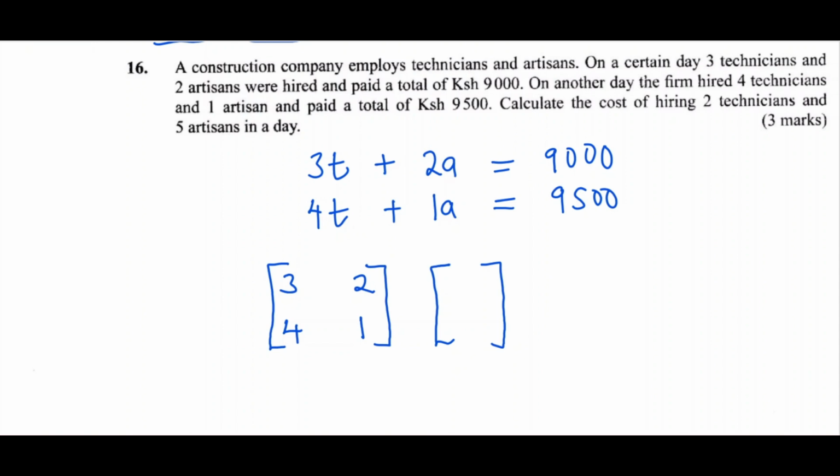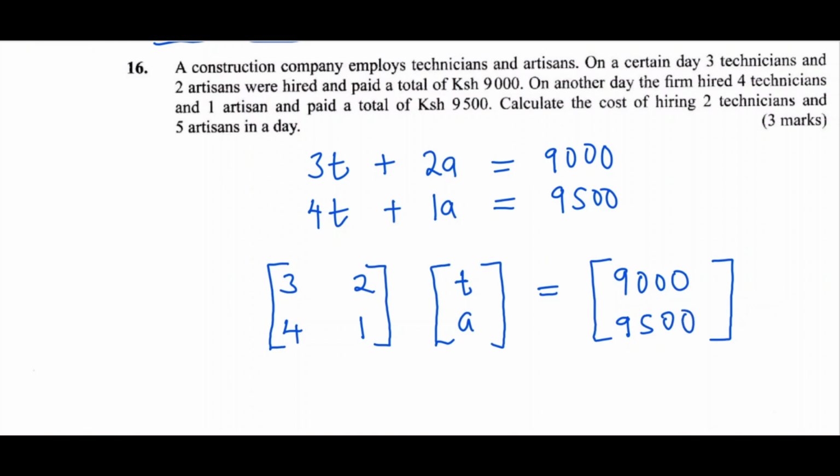The variables in these equations were T and A, the cost of hiring a technician and the cost of hiring an artisan. And on the other side of this equation, the right hand side, we had the total cost of the first day, which was 9,000 shillings, and the total cost of the second day, which was